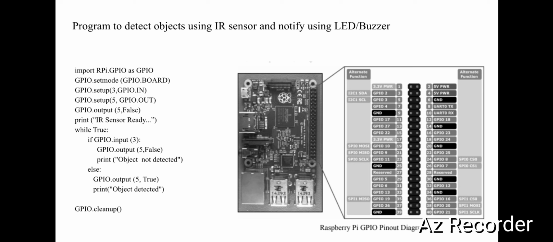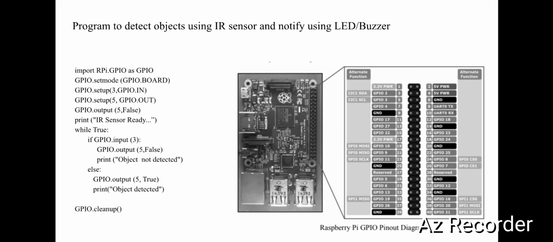So first is GPIO.setup(3, GPIO.IN). As the syntax of the setup function is, we have to mention the pin number and along with it we have to specify the type of that device. That's why we have written 3, GPIO.IN, which means at pin number 3, that is the GPIO 2 pin, we are going to connect the input device, that is the IR sensor. And the next line, GPIO.setup(5, GPIO.OUT), means at pin number 5, the pin which has board number 5, that is the GPIO 3 pin, we are going to connect our LED.